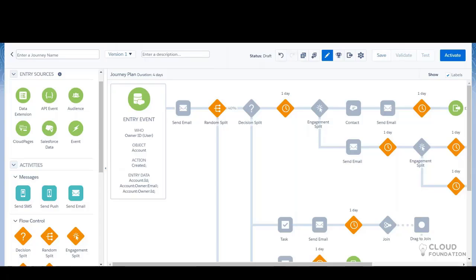Yes, see, Marketing Cloud, I'm not sure. Some businesses create a custom app of their own, and they can name it Marketing Cloud.